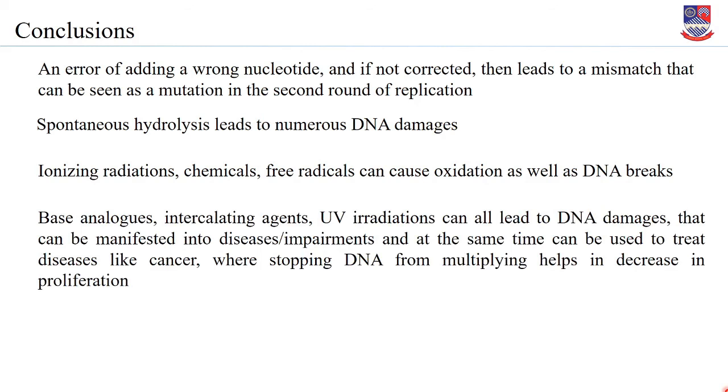Base analogues, intercalating agents, and UV irradiations can all lead to DNA damages that can be manifested into diseases or impairments, and at the same time can be used to treat diseases like cancer, where stopping DNA from multiplying helps in